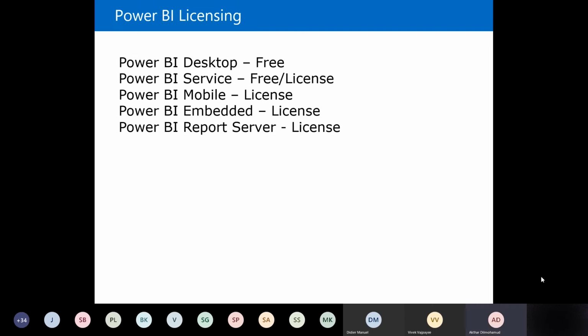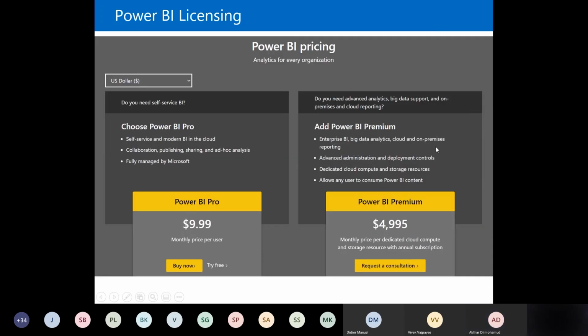So if you look at the Power BI pricing, it says that there are two options. Either you buy a Power BI Pro account, right, which is the price that you're seeing here, $9.99 per user per month, or you can also, for large scale and advanced analytics,